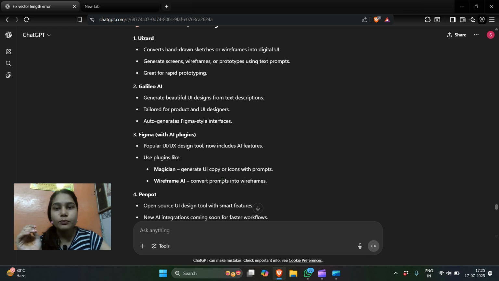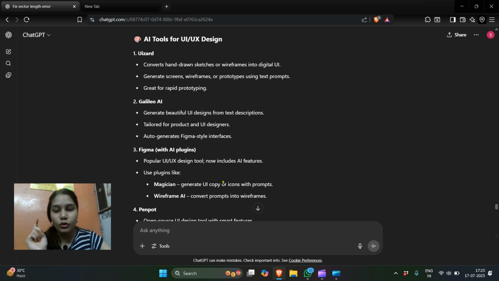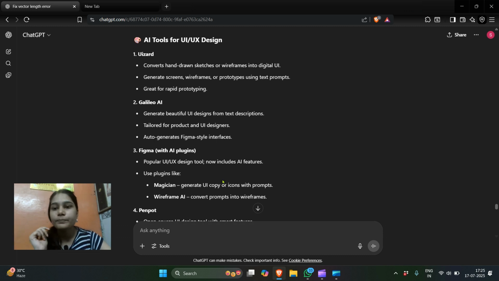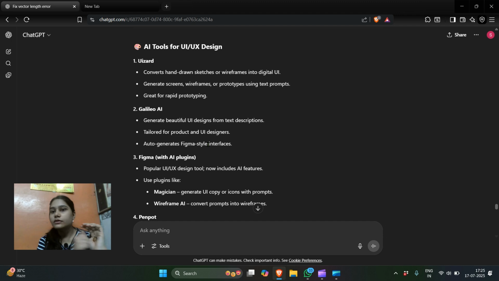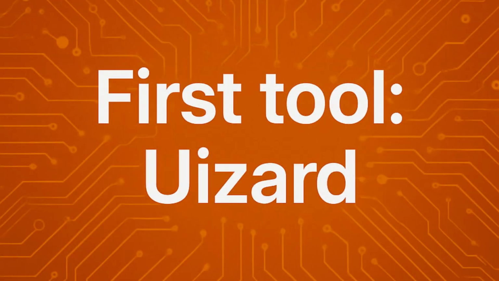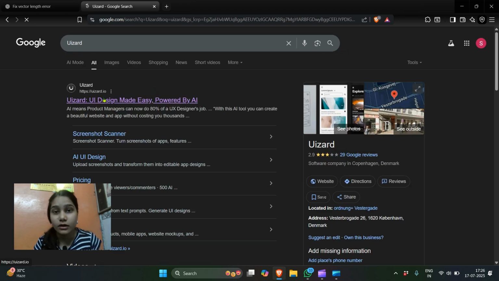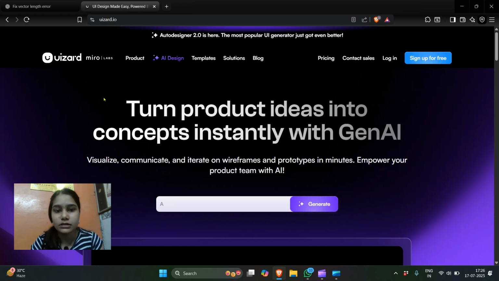Okay, Figma में बहुत सारे plugins होते हैं. I will surely make a video on that topic, like AI plugins in Figma. So let's start with the video. I will try this UI chart first. I don't know how to pronounce it, but UI chart. Okay, let's see how it works. I'm very excited to see how it generates.